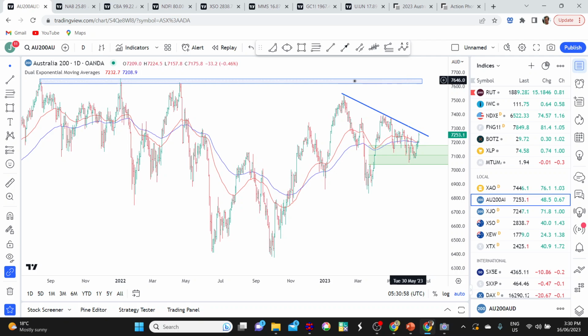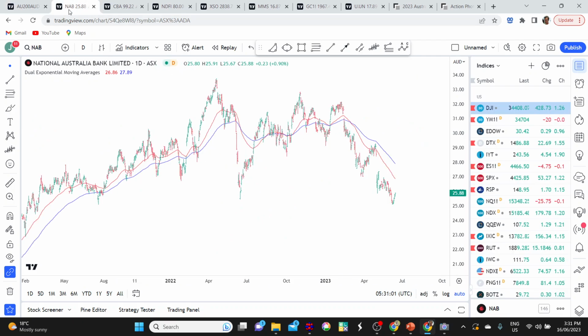So that's a possibility, but we just don't have that confirming price action to run with that at the moment. And as I've been saying in the last couple of weeks, the banks remain one of the weights around the market, and this is NAB. When you look at NAB, there's no doubt this is a downward trend. We've got the 50 and the 100-day moving average. Prices trending lower. We're getting a bounce, but really it's quite an anemic looking bounce off the low at this stage. It's nothing you'd be saying, look, the turnaround's in place.